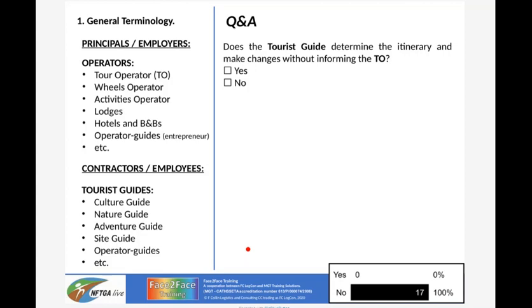But there's one little proviso that not everybody thinks about. When you make that change, if you make that change, what you need to do is you need to send it to the operator in writing, either as an SMS or a WhatsApp or an email as soon as possible, and you need to get a reply from the operator. Until you have that reply in writing, you do not have authorization to make any changes. Because if anything happens, any incident happens, any complaint comes in, you will be liable for that problem. So you need the operator